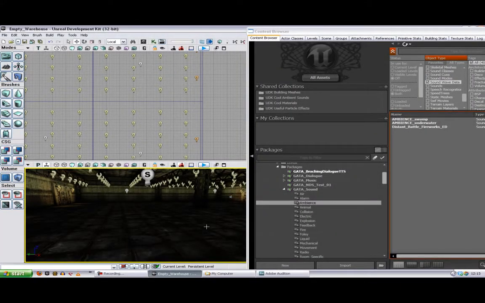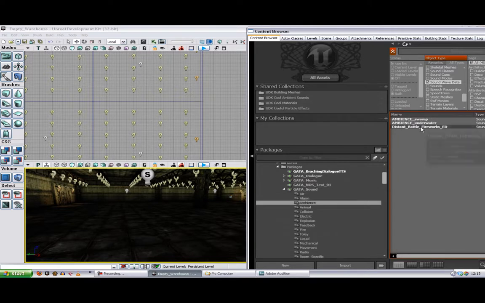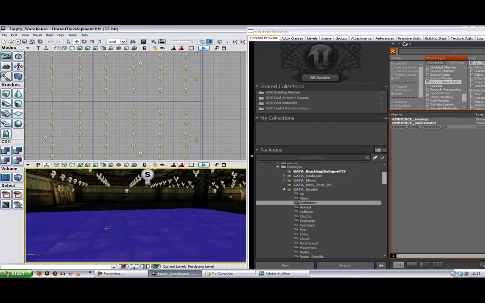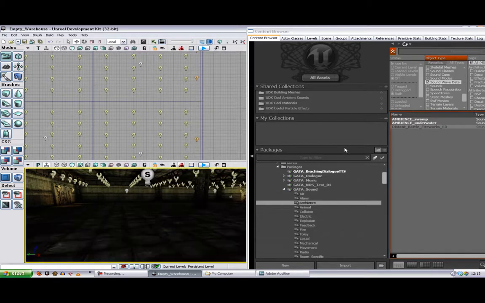In this tutorial we're going to look at adding your own sounds to a game level. Previously we looked at using some sounds out of the existing packages, and we selected them and we right clicked and we added them to an ambient sound simple. But now we're going to look at how to import your own sounds into those packages and add them to